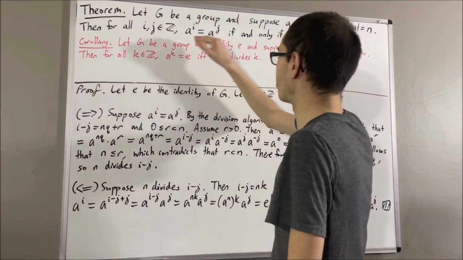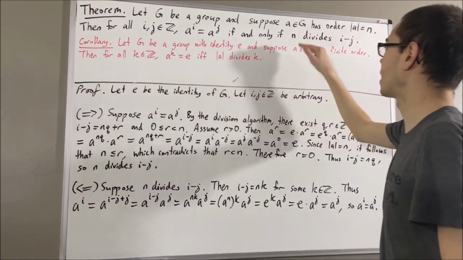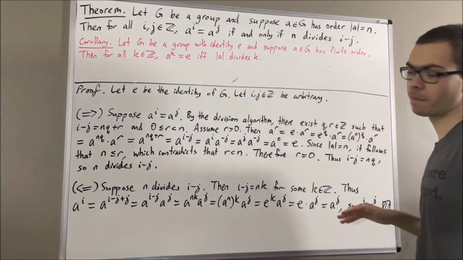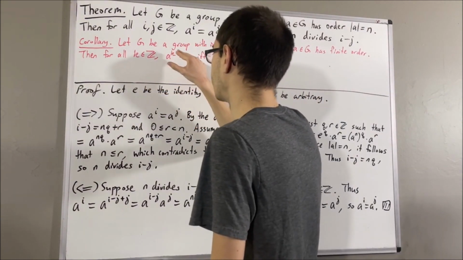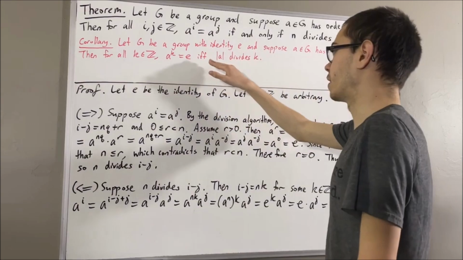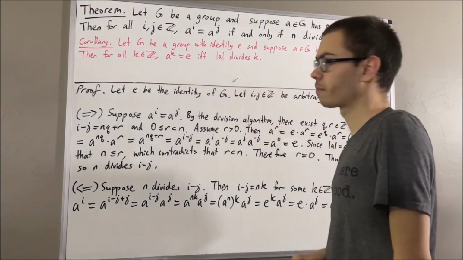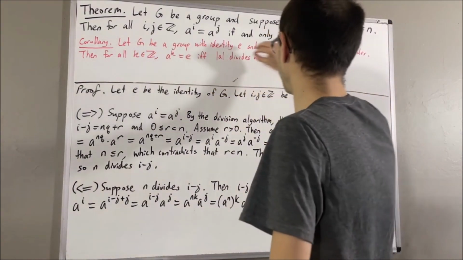Let G be a group with identity element e, and suppose a is an element of G with finite order. Then, for all integers k, a to the power of k is equal to the identity element if and only if the order of a divides k. And to see how this can be proven,